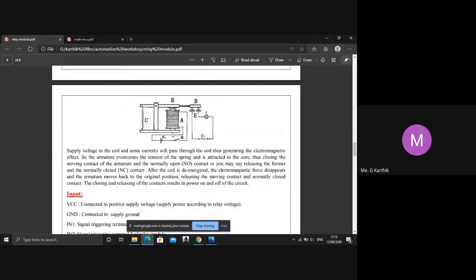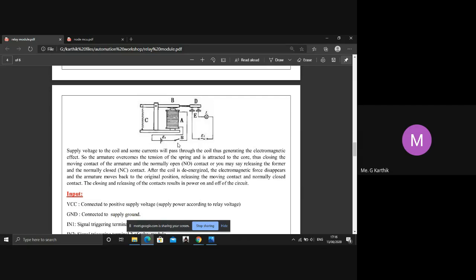And this is how the internal block diagram of a relay would look. A relay is just a mechanical switch, and sometimes they are also used as protection devices. For now we are using it as a switch. When you give voltage here, like a positive voltage, 5 volts, 9 volts or 12 volts, depending upon the relay. Relays are found as 5 volt, 9 volt and 12 volt. Here we are using just 5 volt relays.